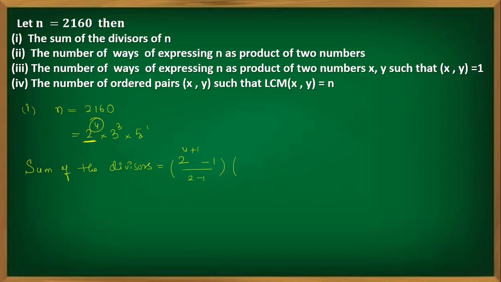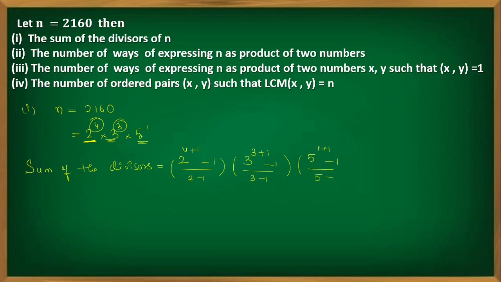Then p2 is 3 to the power of alpha 2, which is 3 plus 1 minus 1 by 3 minus 1. Then p3 is the prime 5 to the power of alpha 3, which is 1 plus 1 minus 1